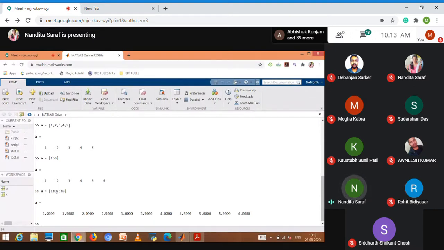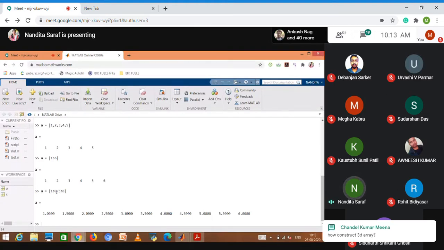Go to new script file, save the file, keep on typing these commands, and when you run the code, it will show you the results. Here I specified the step size of 0.5, so it will be an increment of 0.5 from the previous element.